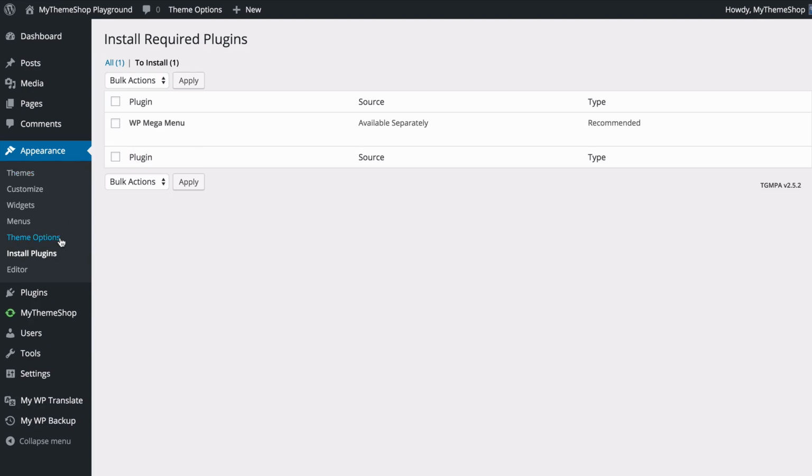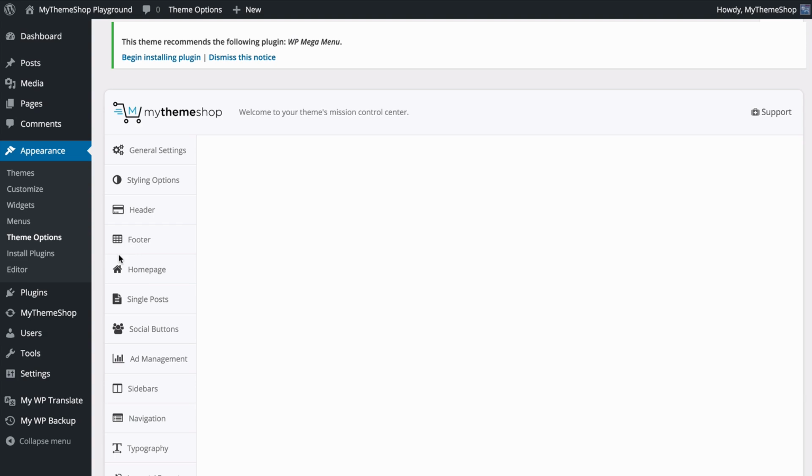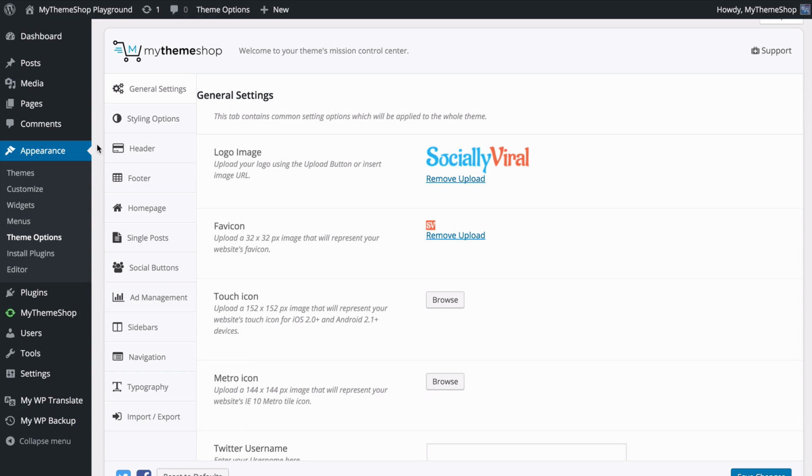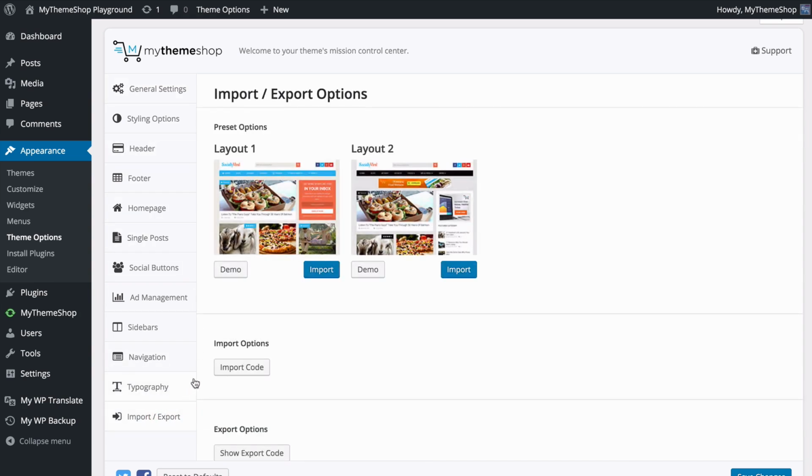Next place you want to go to is Theme Options, and this is where we're going to set up the main bulk of the options available with this theme. We can just dismiss this notice about the plugins. Before we get stuck into customizing the theme, I want to show you, if you head over to the Import and then Export tab, you're going to see you have two options here for installing the pre-built layouts,